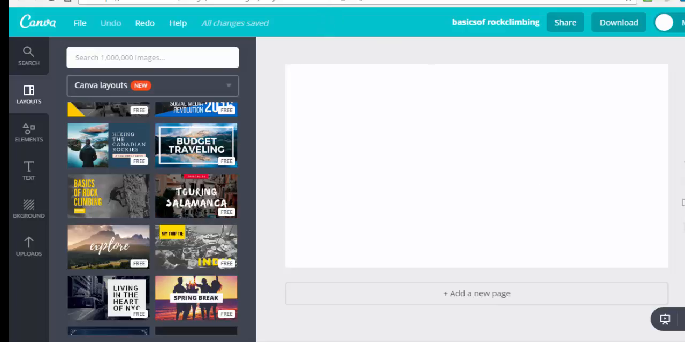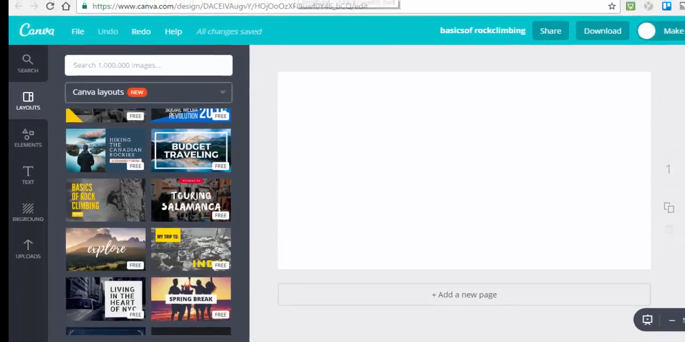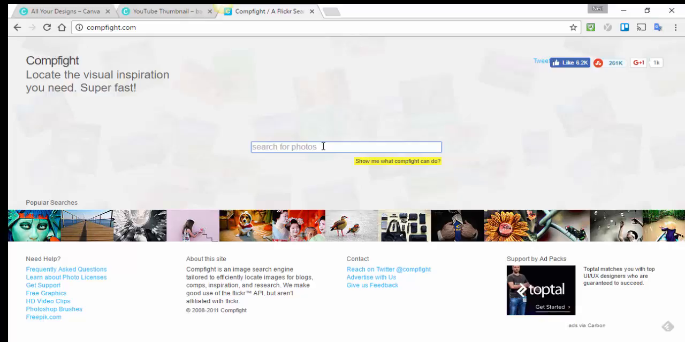My go-to resource for images is a site called Compfight. I wrote a blog post about that. I'll link it up below. But Compfight gives you a series of Creative Commons free to use images, and it's a search engine for those. So if I say paint brushes,